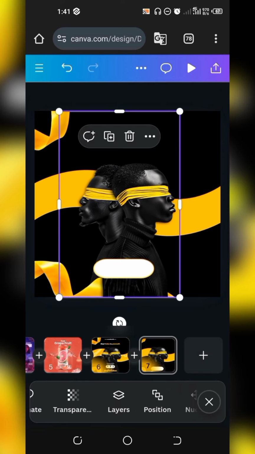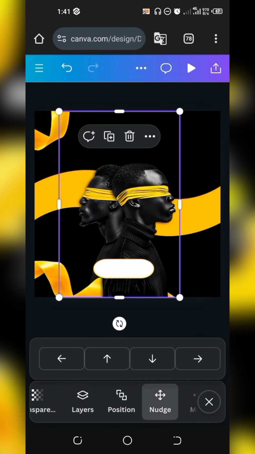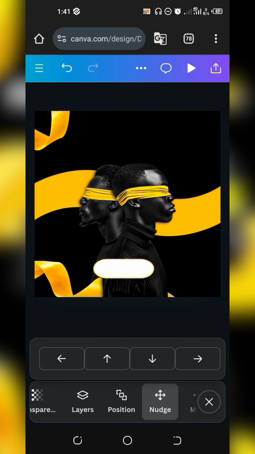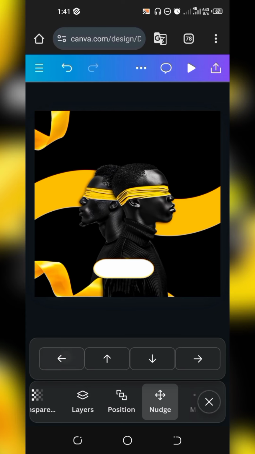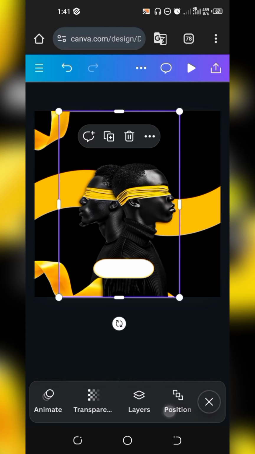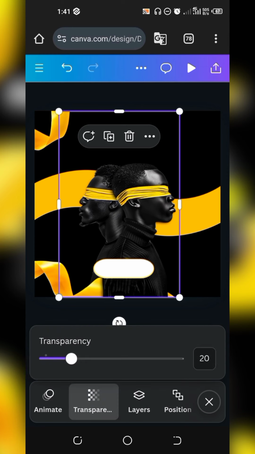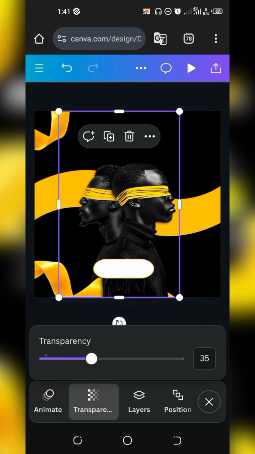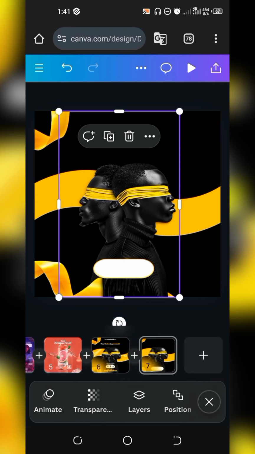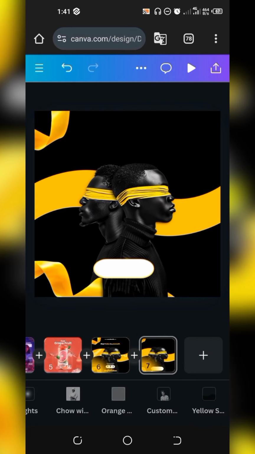Exactly. So now you just want to tap this guy's shadow to come out forward a bit. That's okay. So you can go 1, 2 back, that's where it originally was. So you can tap your nudge twice, 1, 2, that's okay. Then go over to your transparency and reduce it to 35. Yes, the guy's shadow should be 35 because he has some shades of light background over his face, which is that yellow shade. Okay, yeah. So this is done for the guys.